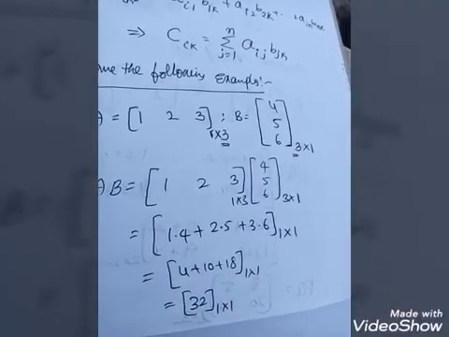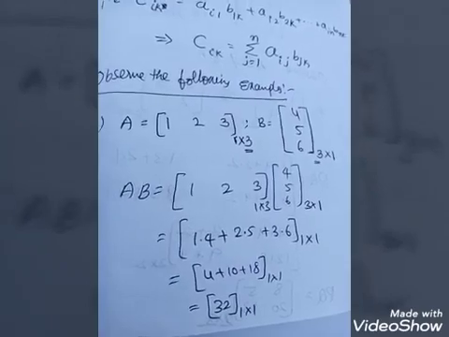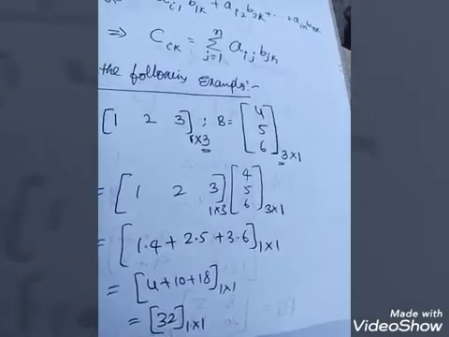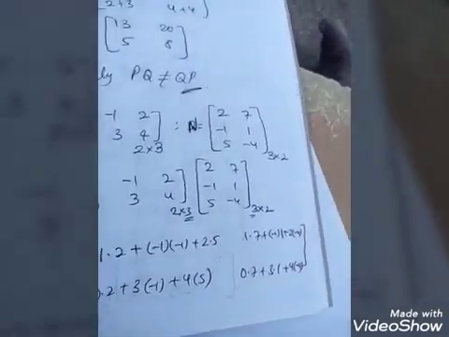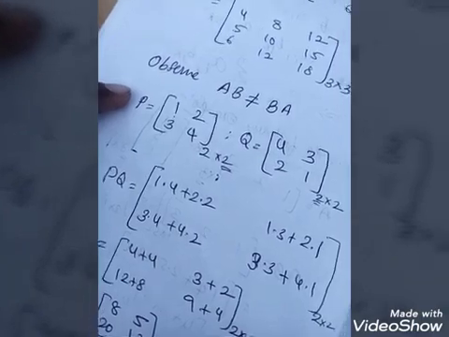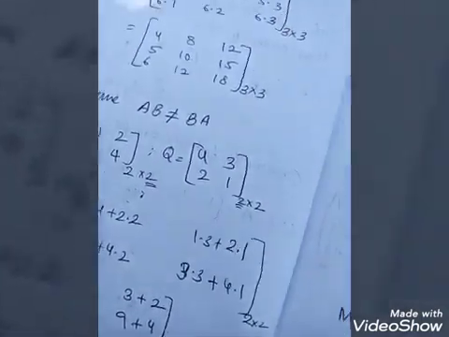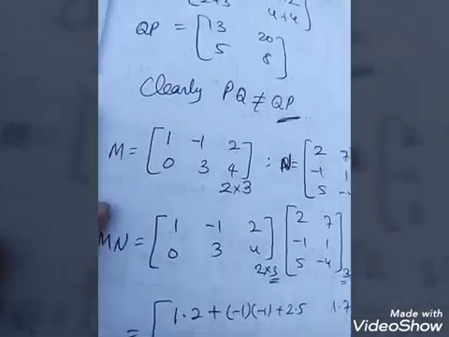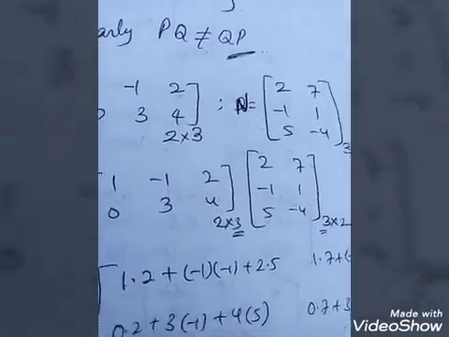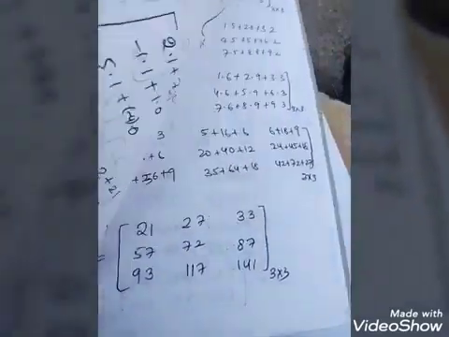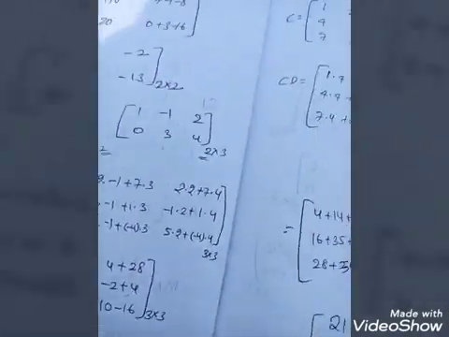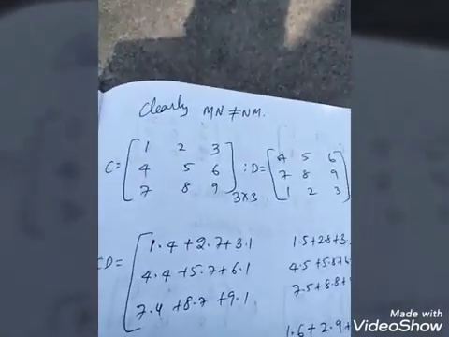Further, I have added so many examples. Observe, the same matrices I have reversed. Here A is equal to 1, 2, 3 and B is equal to 4, 5, 6. And similarly, here I have taken one matrix P is equal to 1, 2, 3, 4 and Q is equal to 4, 3, 2, 1. Just now we solved that one. And here M is equal to 1 minus 1. This is the textbook question we are given, and we determine MN as well as NM. And observe that MN does not equal NM.